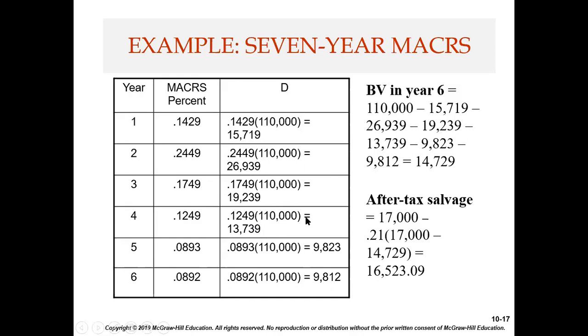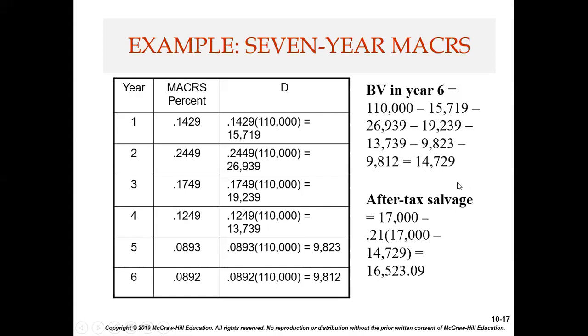Here's the end of year 4, 13,739. I'm just going down and using the next percentage on that table. Tax year 5, 9,823 would be the amount, 8.93%. And then here's the final year we would be calculating depreciation, 8.92, 9,812. So we subtract all the depreciation. So at the end of year 6, we have not calculated 100% depreciation on this. We still have 2 more years to go, but we're going to get rid of this asset at the end of year 6. So the book value is